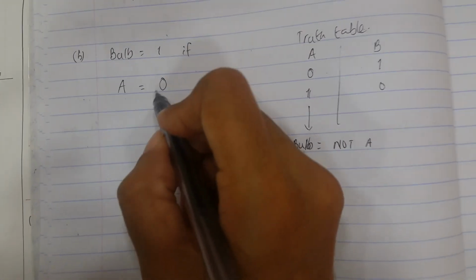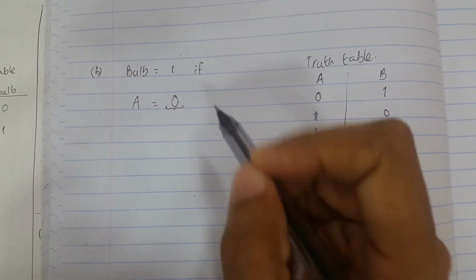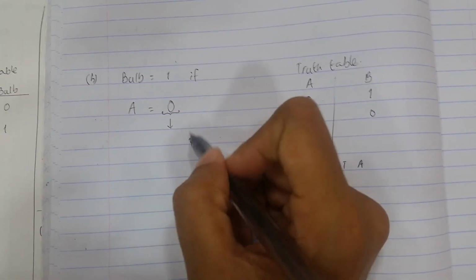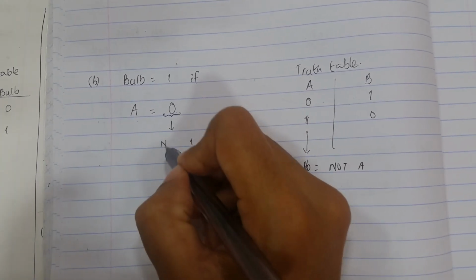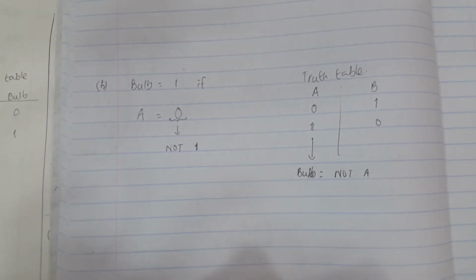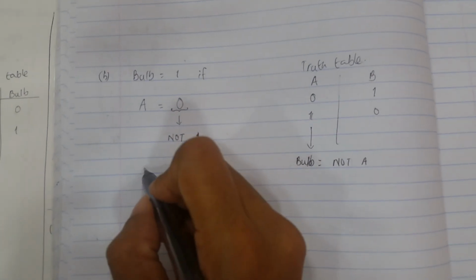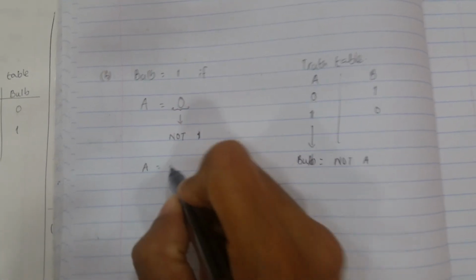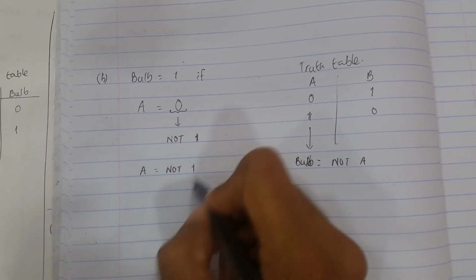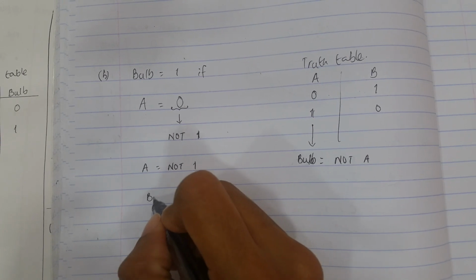Maintenant, à chaque fois que je gagne 0, je dois convertir 0 là en 1. So 0 is not 1. So the expression is equal to A is equal to not 1. This is the value of A. So bulb